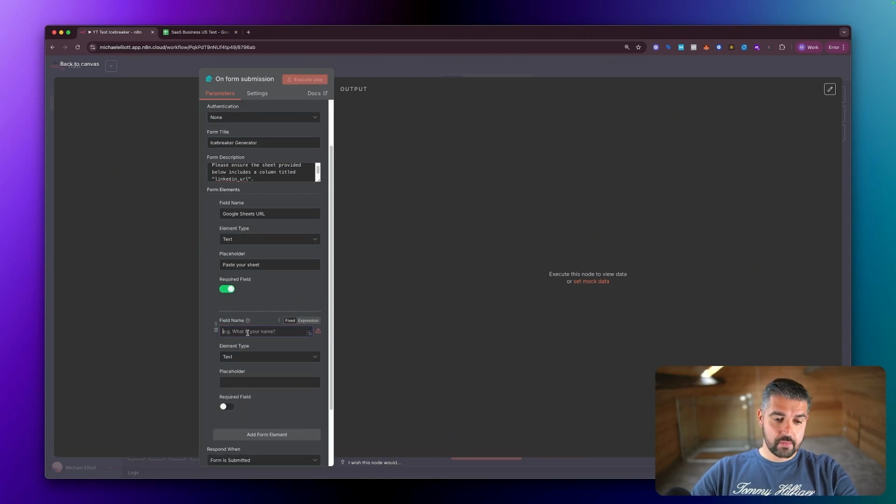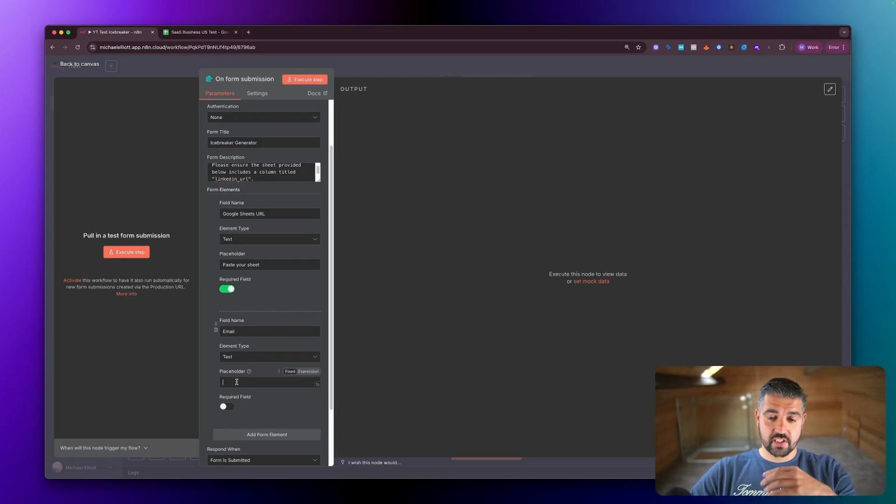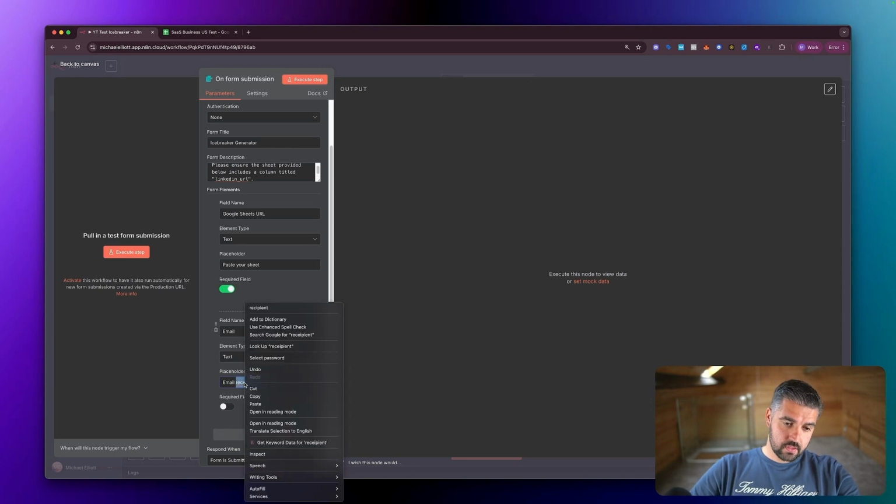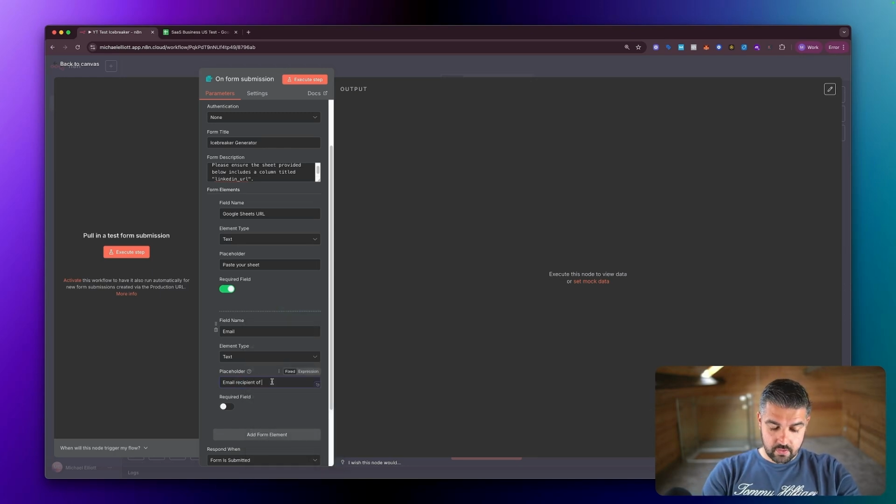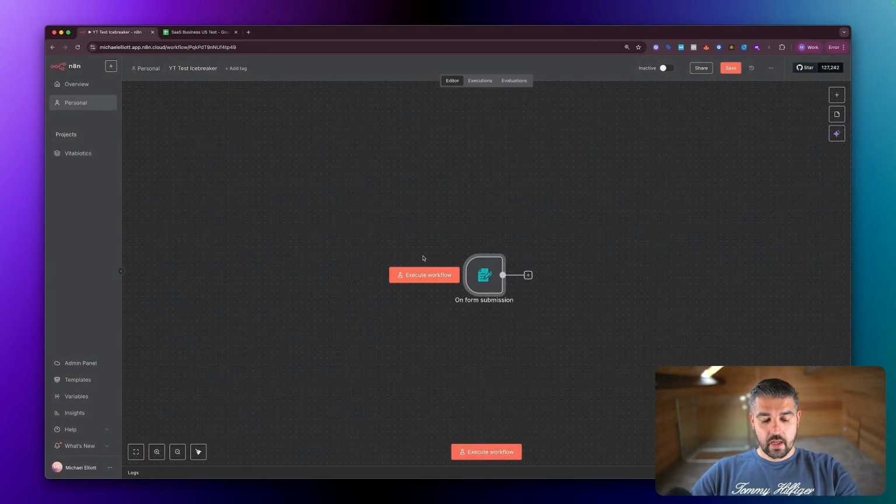Add a second form element, even though we didn't use this in the last flow, probably won't use it here either, but just as an example, because if you're going to sell it, you want to change the node from previously a Slack message to an email. Very simple, but that's how you can sell it to a client from an icebreaker perspective, along with my other video on the flow. So we have as a placeholder here, email recipient of icebreakers. Make it a required field, exit out of there, click Command S,